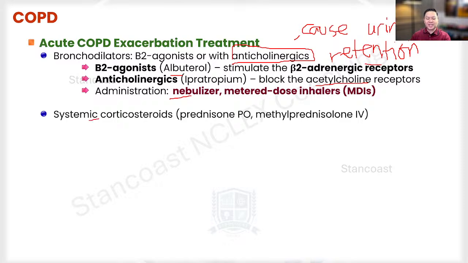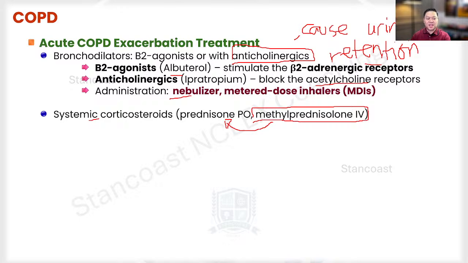Now, we're going to expect here that there will be administration of the systemic corticosteroid. So if your patient has an acute exacerbation, they're going to end up with possibly first the use of the methylprednisolone IV because of its rapid anti-inflammatory effect. And towards the discharge day, the doctor or the medical provider will probably shift or change that to the oral form, which is the prednisone.